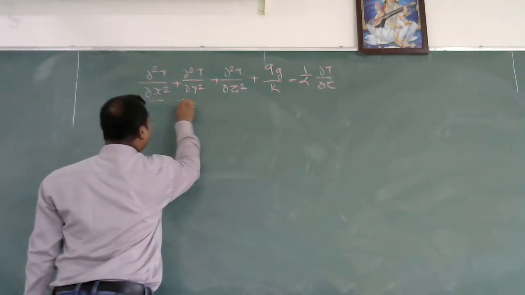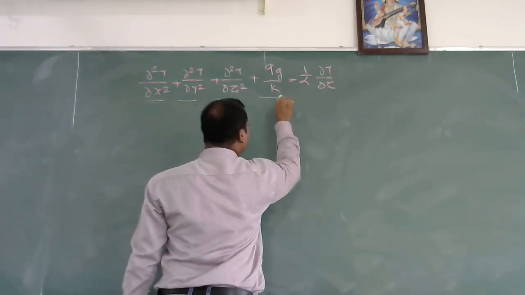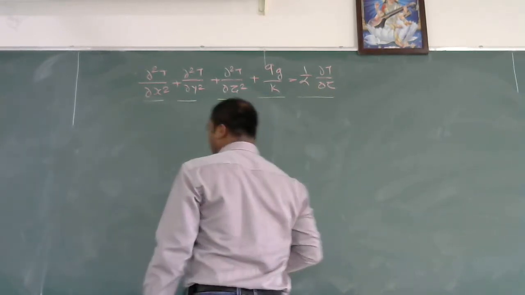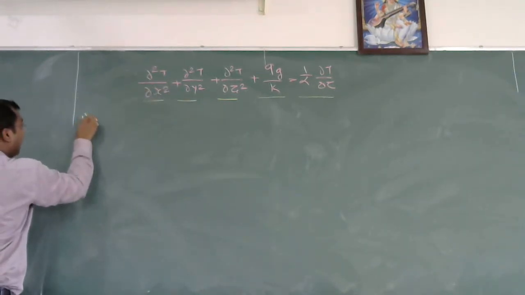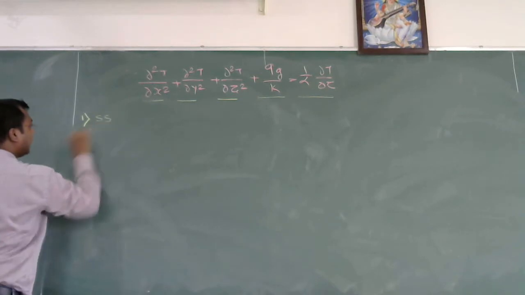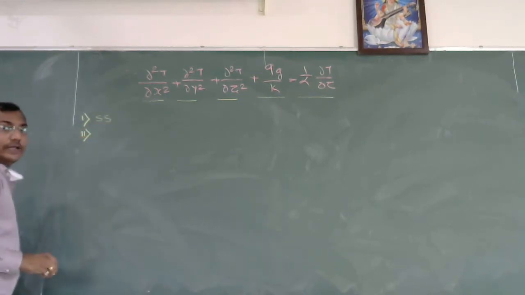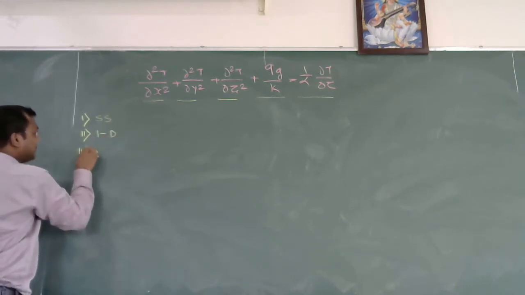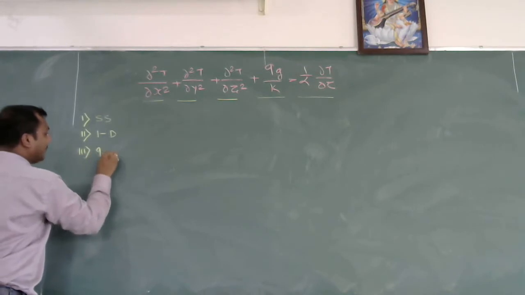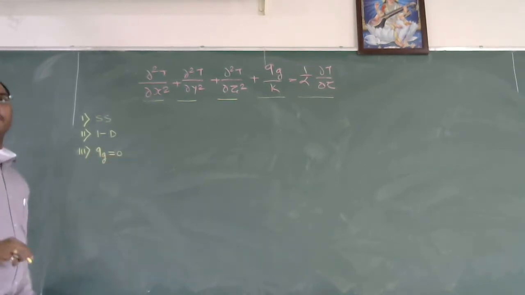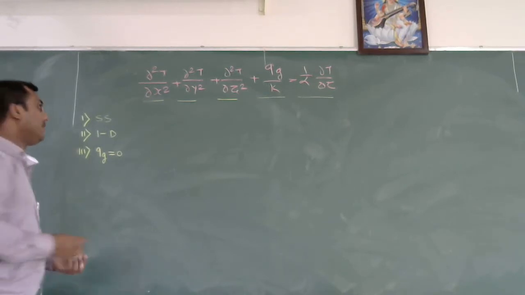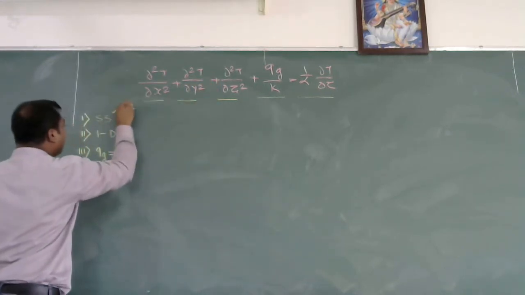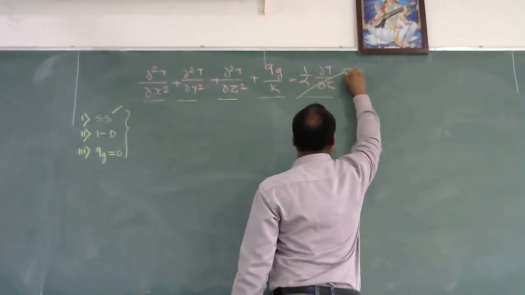In the three directions x, y and z, there is internal heat generation which is Qg and there is a thermal diffusivity alpha. Now if I take some assumptions, I need to reduce this equation for steady state analysis. Second, I need to reduce this equation for one dimensional analysis. And third, I need to reduce this equation as there is no internal heat generation, that is Qg is equal to 0. Now, considering these three assumptions, if I consider steady state, I can put this as equal to 0.